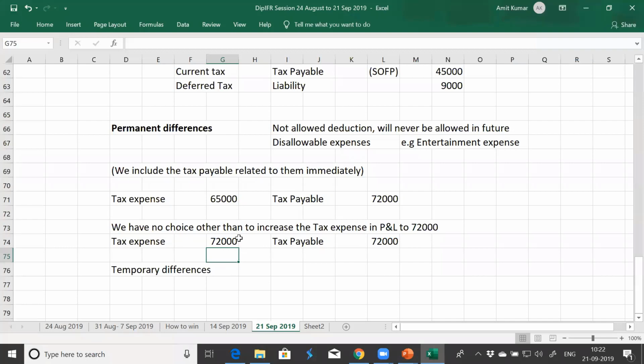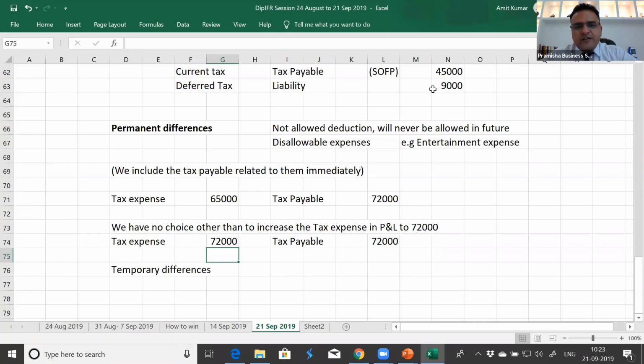Amit, one question here. Yes. Why will there be a difference between tax expense and tax payable? Whatever we have calculated, should it be equal to whatever tax authorities are demanding? Will it always be equal? It should be. If it is not, then what is the reason behind it? The reason is the difference between accounting principles and tax principles. We included something as an expense into our books, but they did not allow it as an expense.